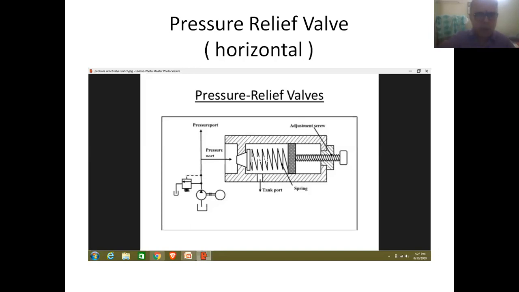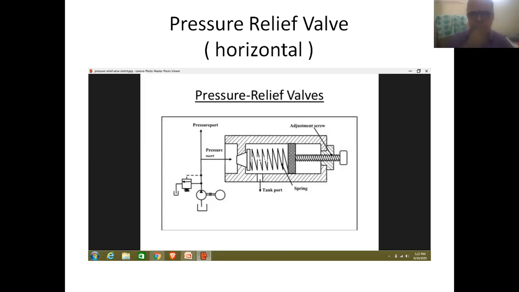That is called the outlet port of the pressure valve, which is also referred to as a tank port. One port is meant for receiving excess fluid coming from the circuit, and this other port is meant for sending the entire quantity of excess fluid back into the oil reservoir.